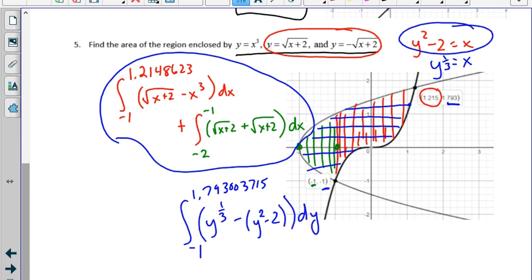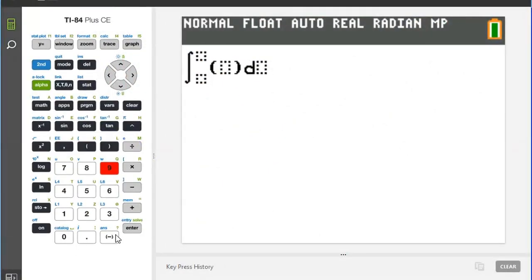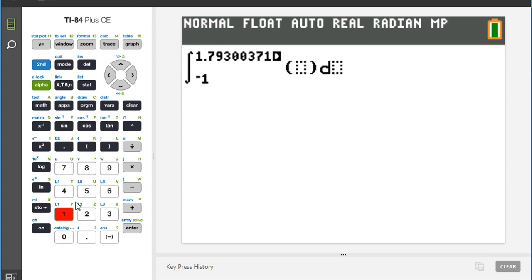So I'm going to now integrate that on the calculator for you. This should end up being about 4.215 when we do it. So let's double check and make sure that we get it right. So I'm going to go from -1 to my y value of 1.793003715. And I can use x or y as long as I'm consistent here. So that's y to the 1/3